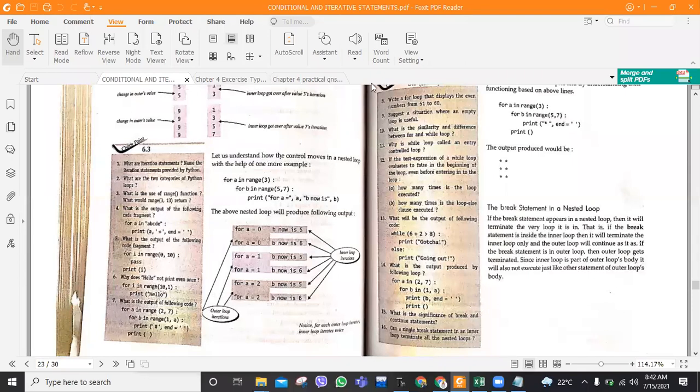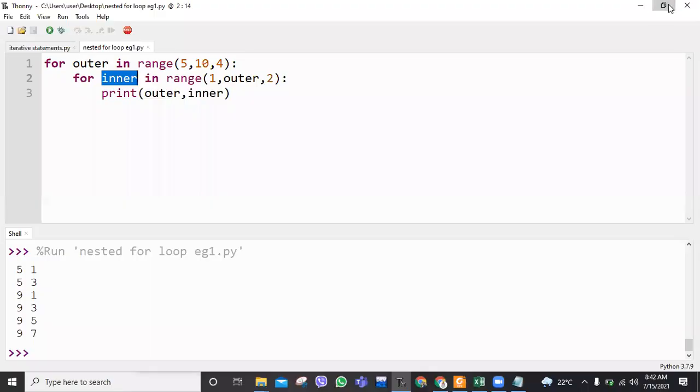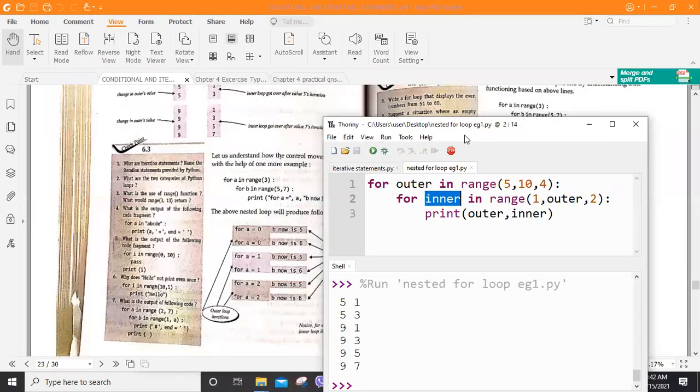So here also you can see another example. I'll just type the same example. For a in range 3. Then for b in range 5, 7, the same example as in the book, I'm writing here, 5, 7.